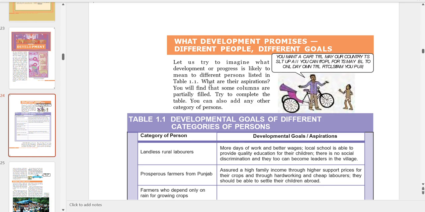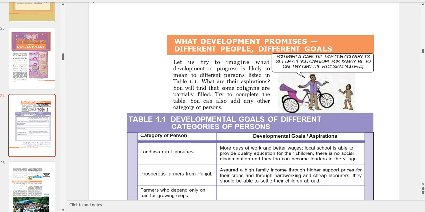So, for example, a student may think that good education is development. For you, you can think that good education is your development. But a farmer may think that better irrigation facilities and higher crop prices are development. So for a farmer, good irrigation facilities and crop prices, getting good quality crops, quality seeds, all of this is development for them. So this shows that development is a personal as well as social concept. Okay,